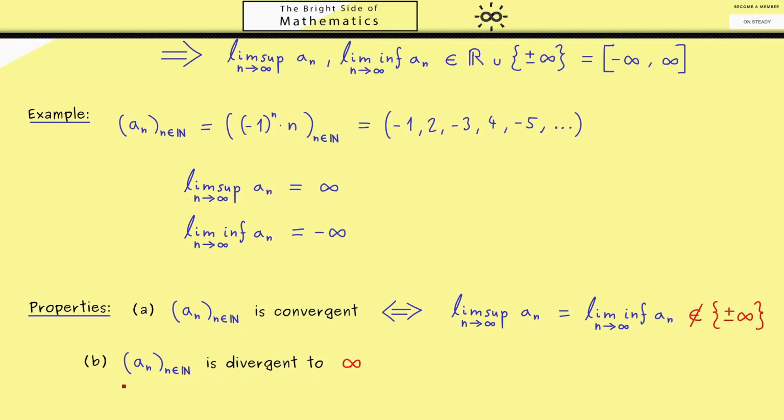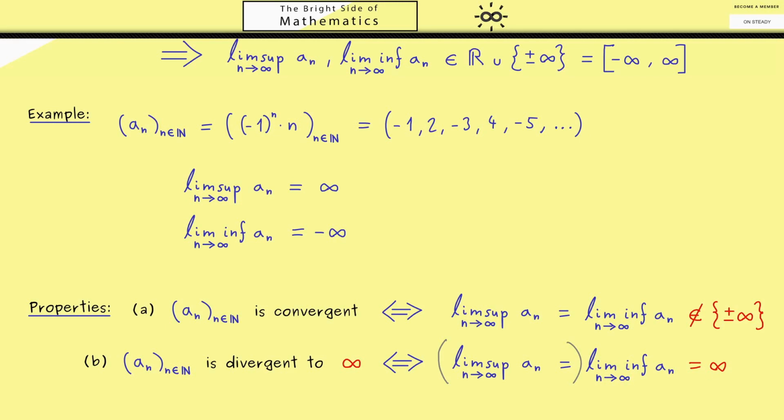Okay, now we can extend this result and talk about the case when the limit is infinity. So we say the sequence is divergent to infinity. Then lim_sup and lim_inf have to be the same again, but now they should be infinity. Please compare this to the example because there it is different. They are not real numbers, but they are not the same. Another thing I can tell you is that the lim_sup is always the largest accumulation value, so always larger than lim_inf, therefore we can just ignore this part here. This immediately follows if we know that the lim_inf is infinity.